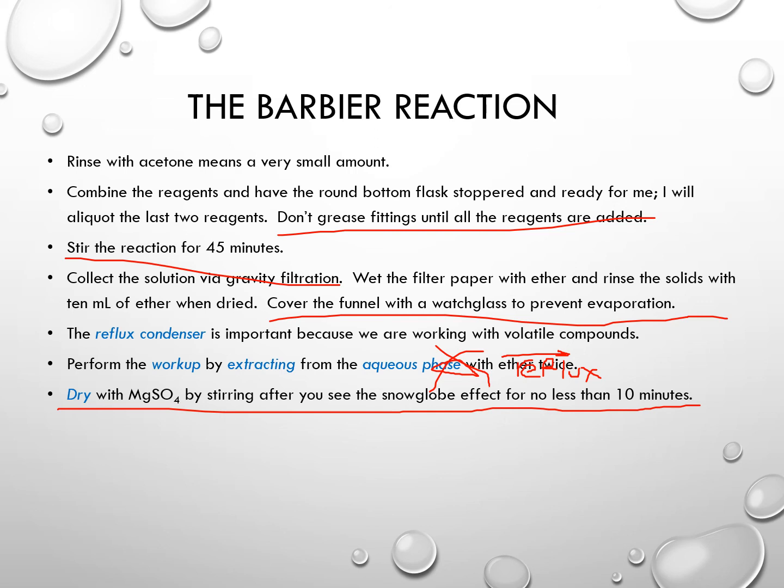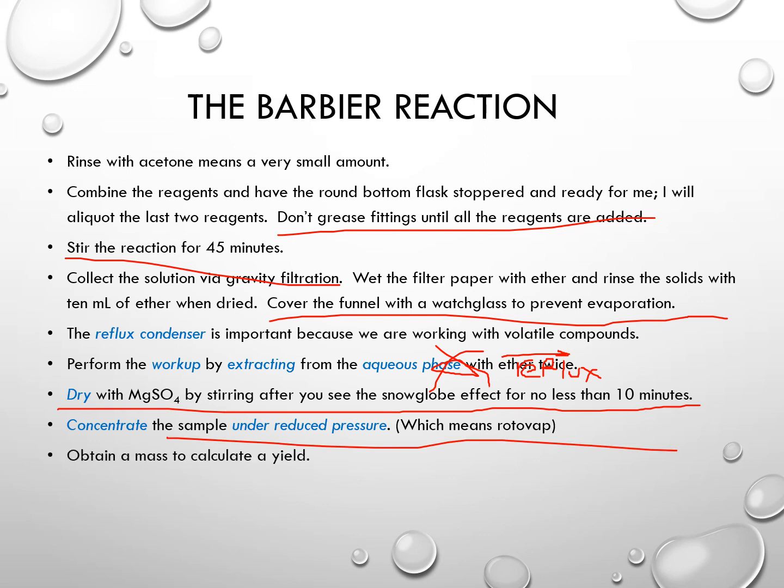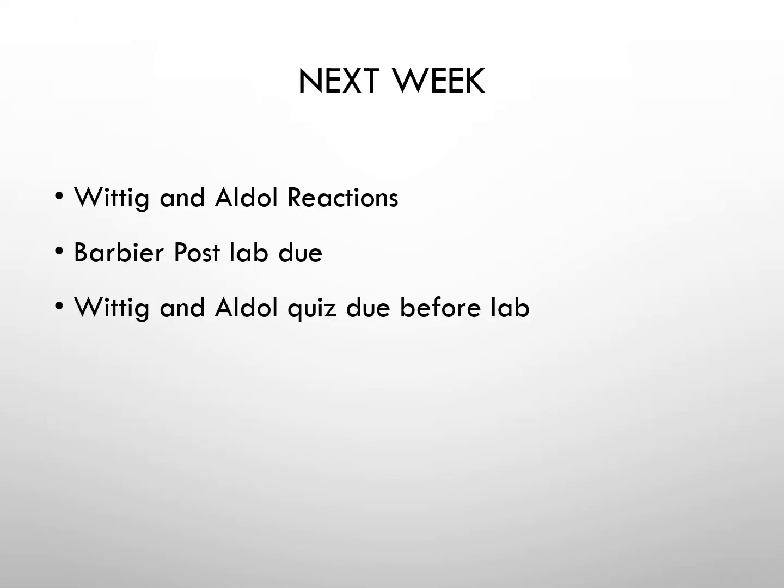What we want to make sure we're doing is that the alcohol that shows up is because of what we formed and not because of contaminating water. So we want to remove all of the water so we know that we actually got product. And then you're going to concentrate the sample with rotovapping. Obtain a mass, obtain an IR, and bam,